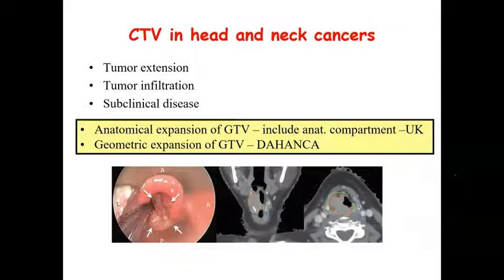So when we are talking about CT, we are looking into extensions and infiltrations of subclinical disease in the area around. But how do we expand the GTV into a CTV, which is likely to harbor all this disease? Largely, there have been two schools of thought. One is that you identify where the GTV is located, what its dimensions and T-stage are, and then look into what anatomical compartment we are talking about, and encompass that entire compartment in the high risk zone.